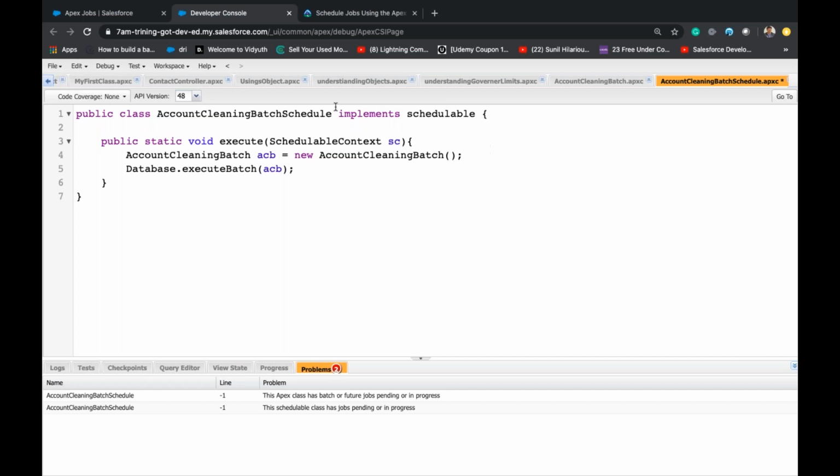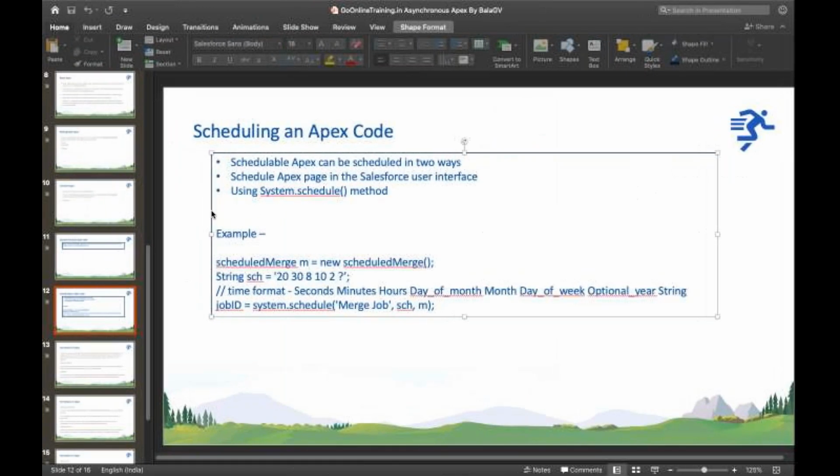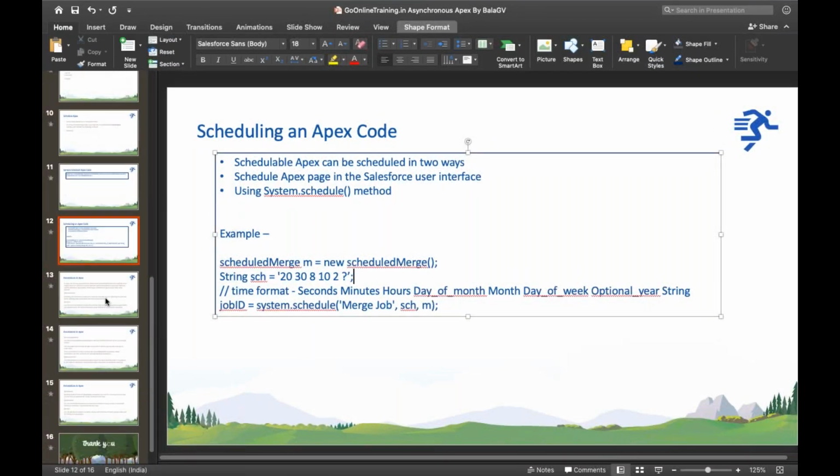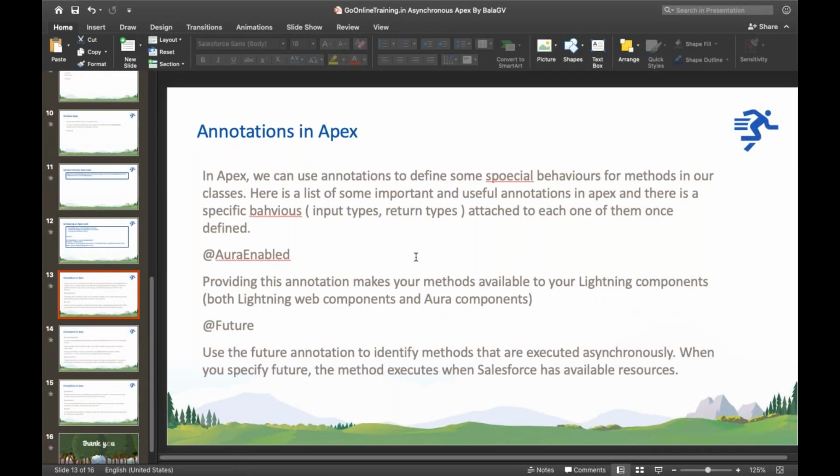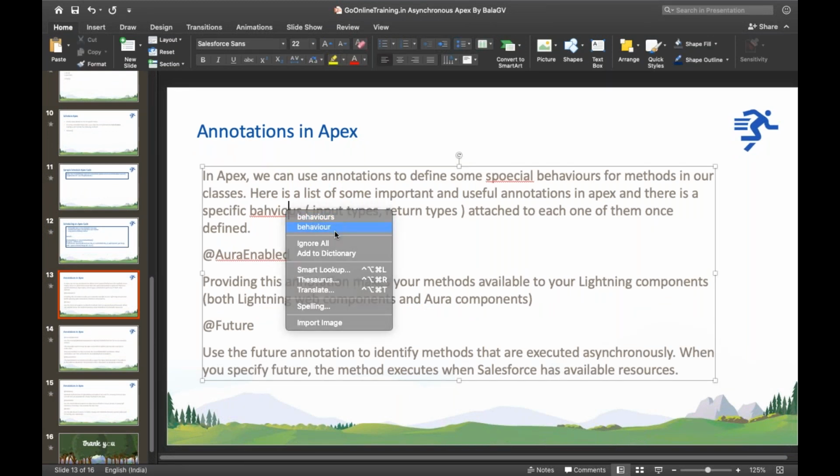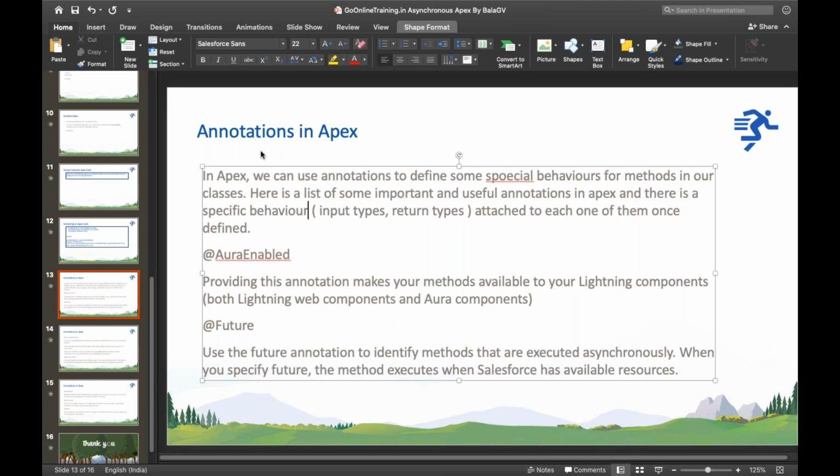I'm not talking about it now. Then annotations. We'll talk about annotations in Apex. Annotations are nothing but decorators.